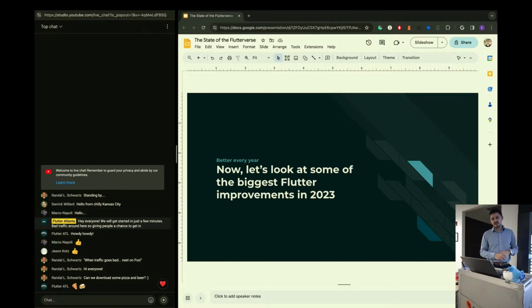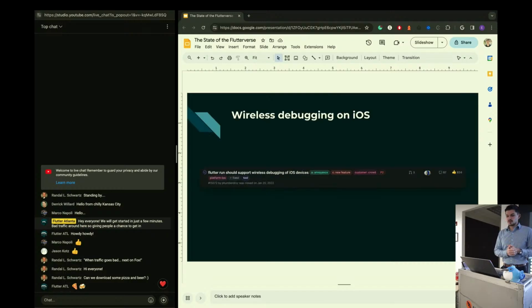Now, let's look at some of the biggest Flutter improvements in 2023. The way I'm picking these to share is I went on the GitHub issues for Flutter, sorted by upvotes from the actual community, and picked some of the biggest ones that were improvements as new features. So the first one, which if you're an iOS developer you're going to love, is wireless debugging